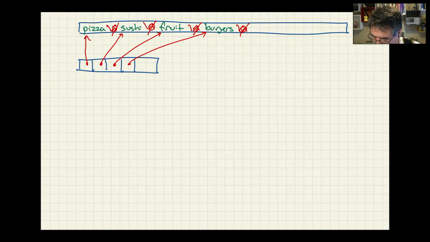So let's see what we're going to do here. We've got this array of strings, and what we need to do is build a new array of hashes. So we're going to build a parallel array, one that has the same number of entries, but it's going to contain the hashes rather than the